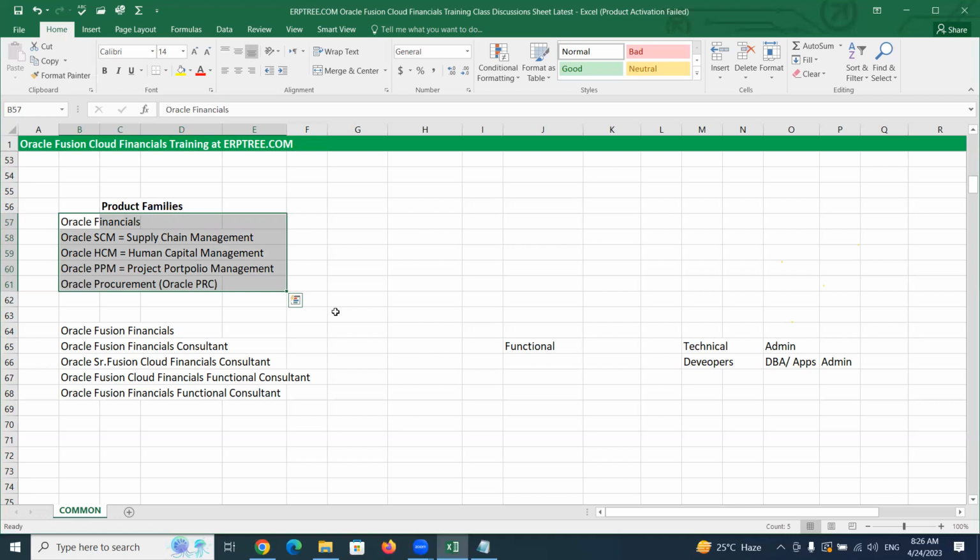Inside of that, we'll have multiple applications. We'll discuss those. When you talk about Oracle Financials, there is a set of applications. If you take Oracle SCM, we have a set of applications. In the same way, HCM, PPM, Procurement, we have a set of applications where we can manage all these